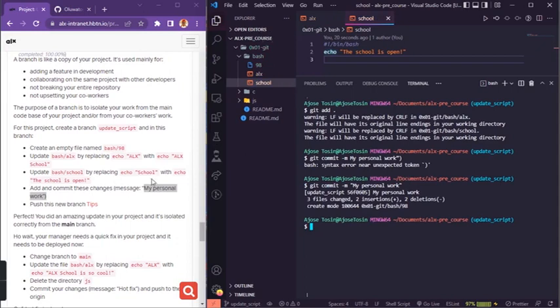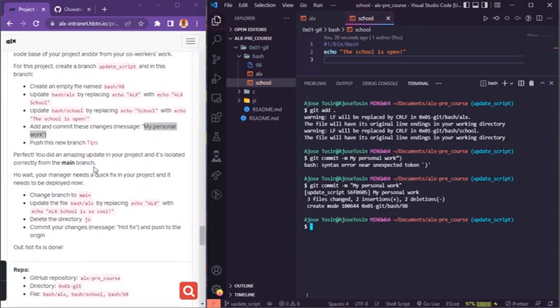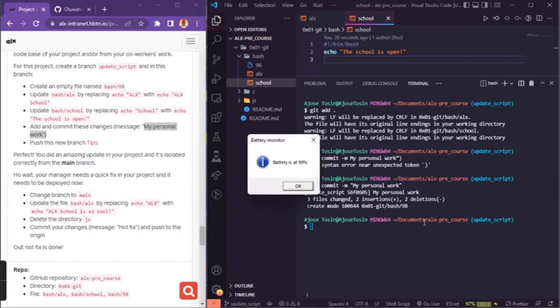So the next thing they ask us to do is, yeah, you've done great by creating that and isolating it from the main branch. But let me do a quick explanation on why we create a branch on GitHub, rather than a clone. The reason for always creating a branch on GitHub is because when you start coding